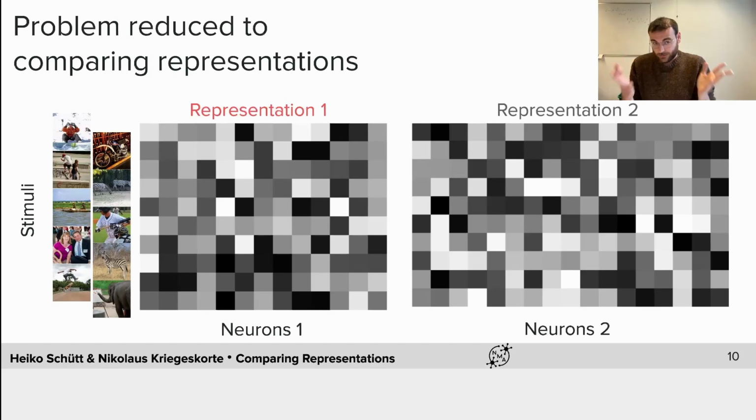So what is a representation concretely here is we have a bunch of test stimuli. We're talking here about images. It would work similarly if those were text snippets or similar things. And then we have a representation, so just the activations for all the neurons in one of those layers. And we have this for a second representation. They don't need to have equally many neurons, right? They might have different amounts of them. And now we need to find some way of comparing them to each other. And now I hand it off to Nico, who will tell you how to do that.